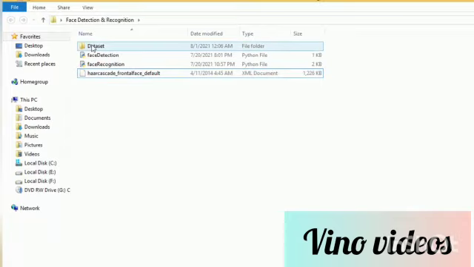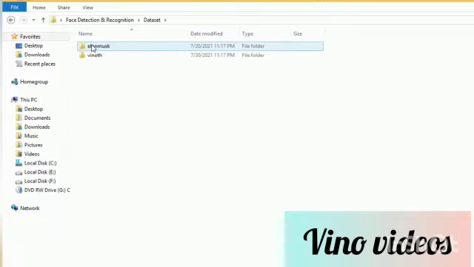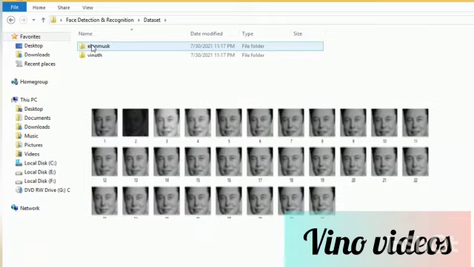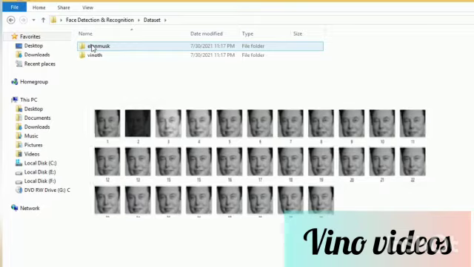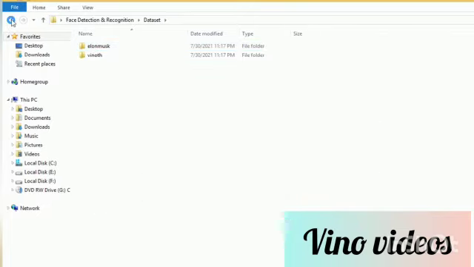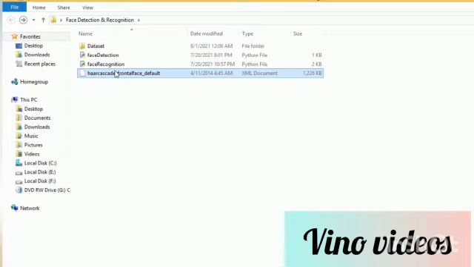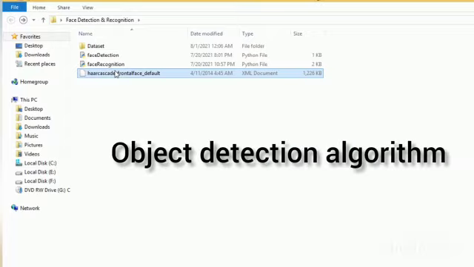First, I'm going to explain what is meant by dataset. This dataset contains our detected images, and using this dataset, we are going to recognize the person. The next one is the Haar Cascade frontal face algorithm. It is an object detection algorithm which is used to identify faces in an image or real-time video.